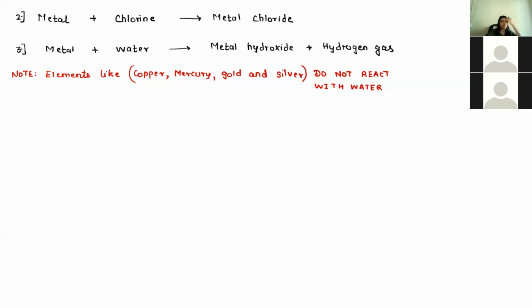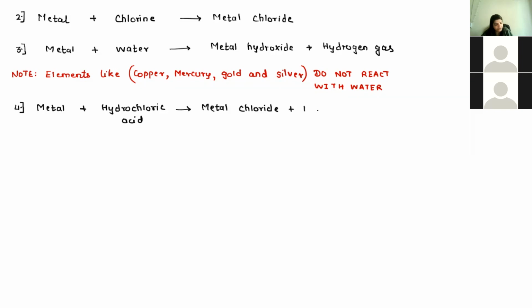So elements like copper, mercury, gold, and silver do not react with water. So metal plus chlorine gives metal chloride, metal plus water gives you metal hydroxide plus hydrogen gas. Then another fourth one, metal plus hydrochloric acid. So if I'm reacting with an acid which is hydrochloric acid, gives metal chloride